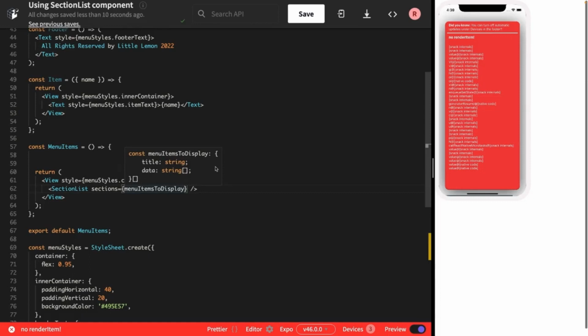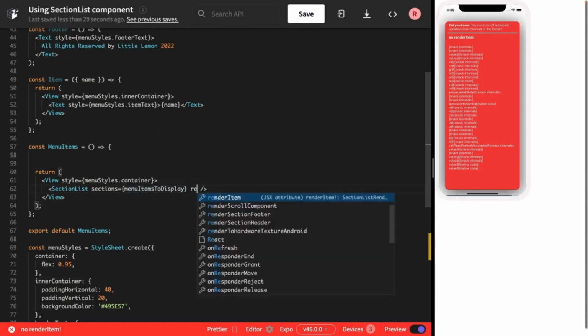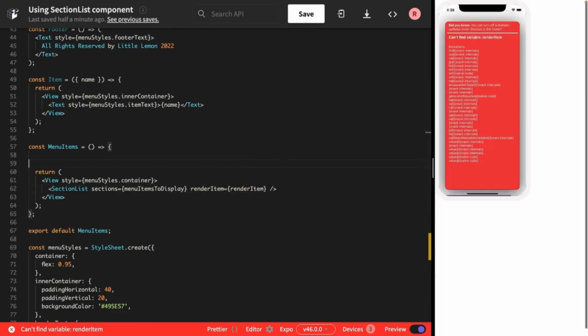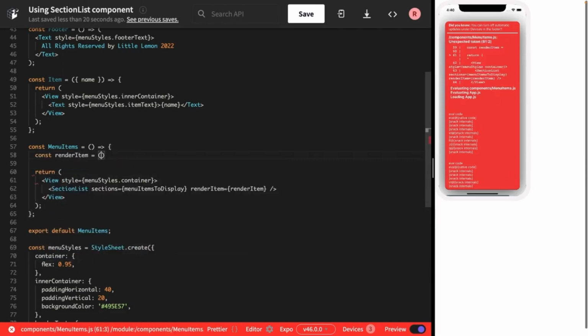Another required property is renderItem. This calls the render function that will render the entire item. I'll pass to this the renderItem function, which hasn't been created yet. So let's take care of that now. To do so, I'll create a component within menu items called renderItem that will contain item as the property, which is the array that contains all of the data. It will render the item component that I've previously created, and the name property for the item component will be